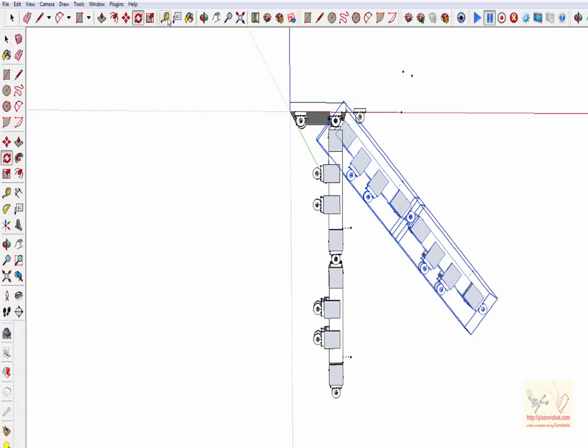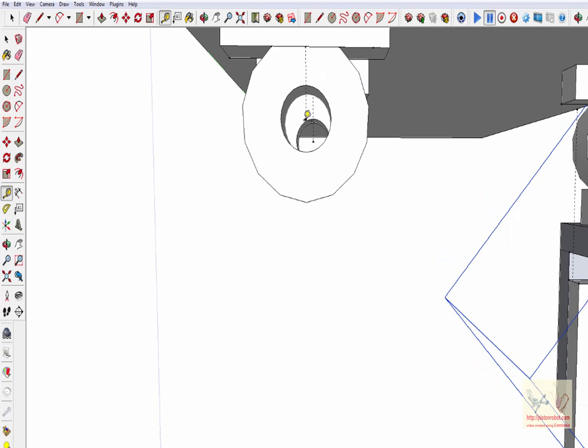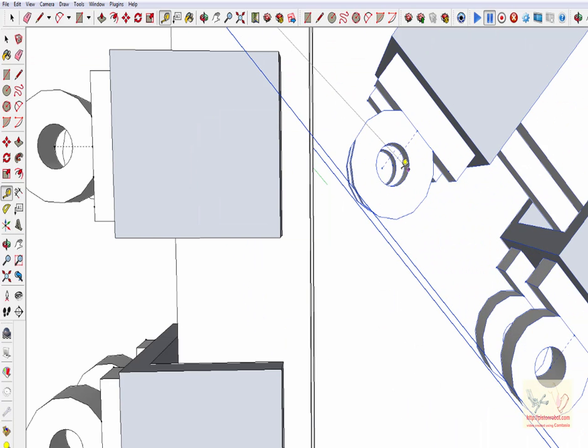And let's see what that distance is. 14 inches. So a piston that can go from 6 inches to 14 inches, or 7 inches to 14 inches,